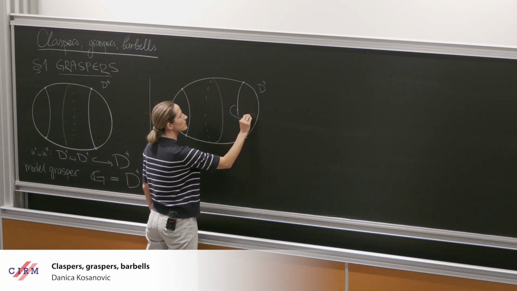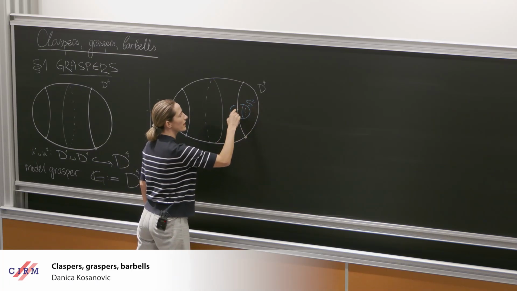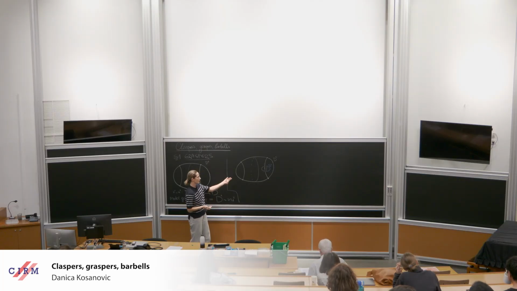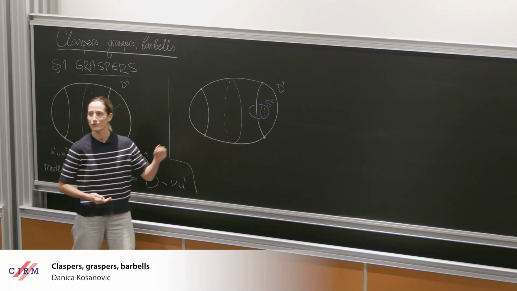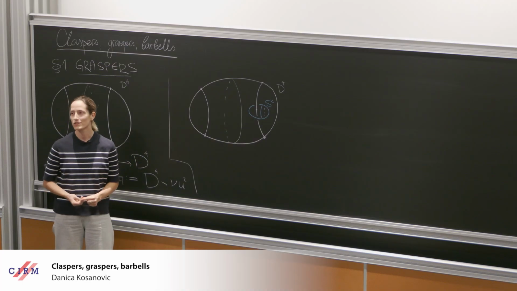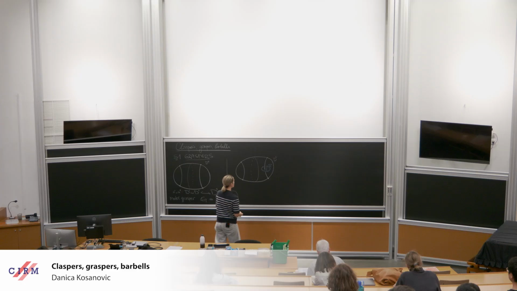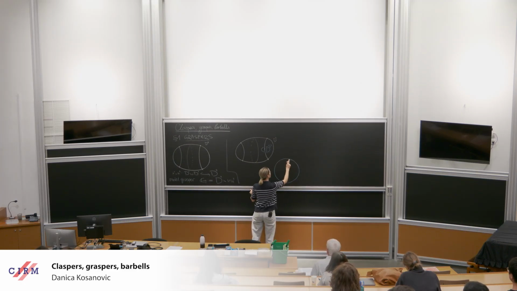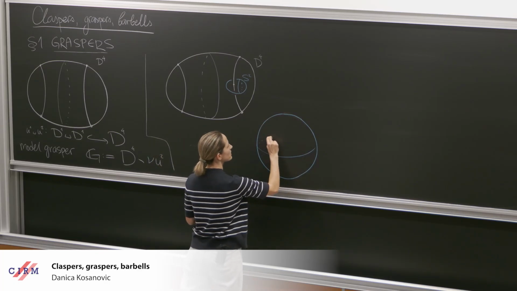So this is a meridian sphere to this arc at this point. So this is just the analog of the meridian circle in dimension 3. I'm trying to convey that this is higher dimensional, but if you forget about it, this would be just a circle that's a meridian at a point of this arc. And now I'm using that sphere, and I'll foliate it. Let me just do a bigger picture here of that sphere. So what I'm going to use is there is a foliation of the sphere by arcs,